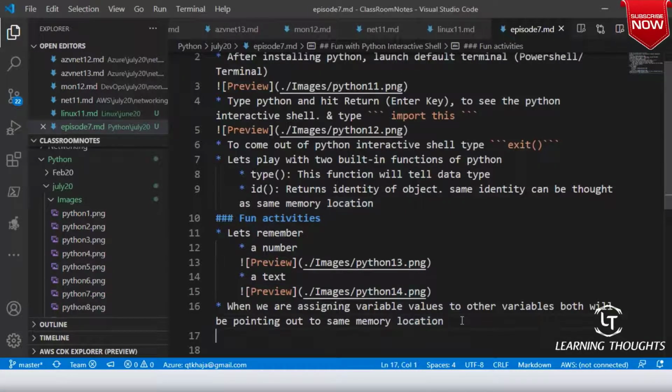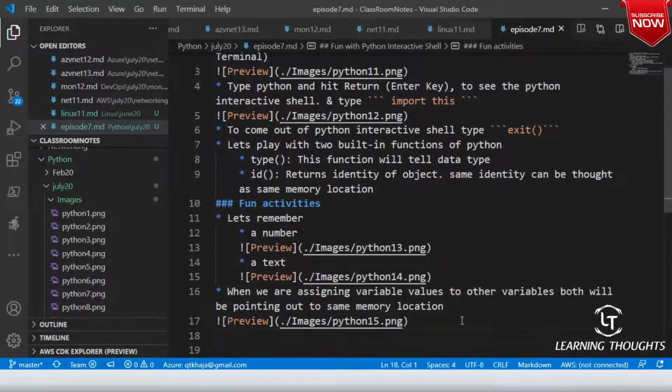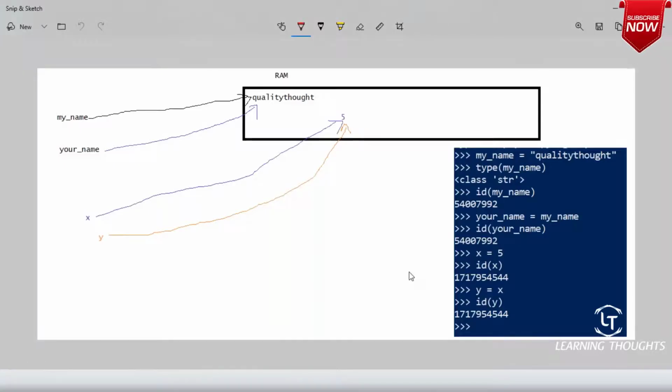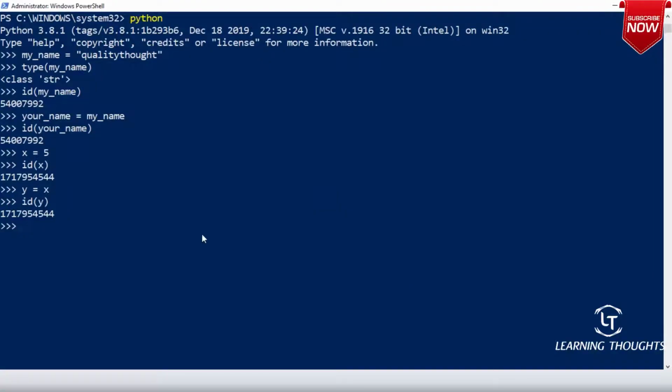So what is Python's data type? Are they mutable or immutable? Now let's change one variable value.